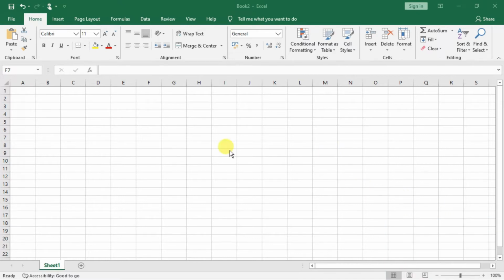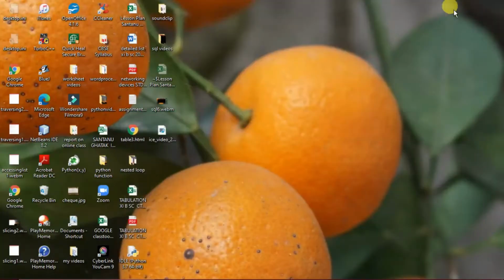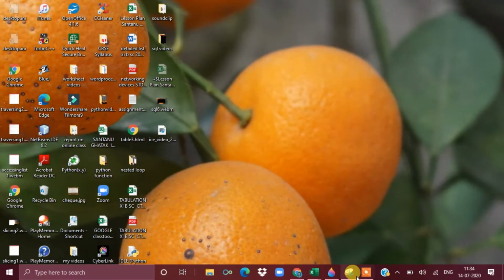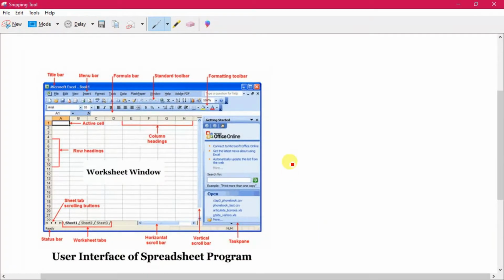If you want to view the components, you come over here. Here you can see level one. This is the title bar, a Microsoft Excel 2010 window. Menu bar, formula bar, standard toolbar, formatting toolbar.